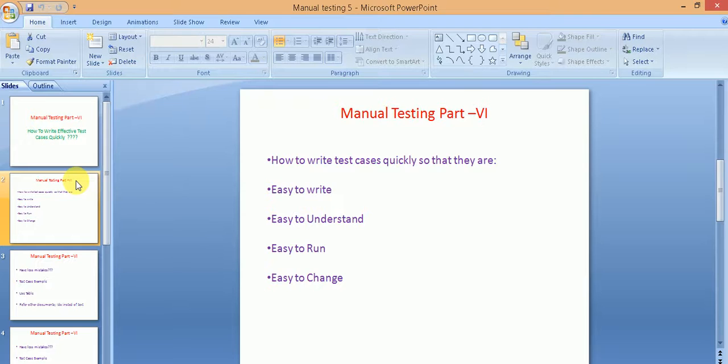Always keep in mind that you need to declutter your test cases. If you try to declutter your test cases by using all these recommendations, by using tables, by writing very little text, and referring to other documents, etc., you will find that you are able to write effective test cases which have better coverage, interesting test design, and you will be able to write your test cases quickly.